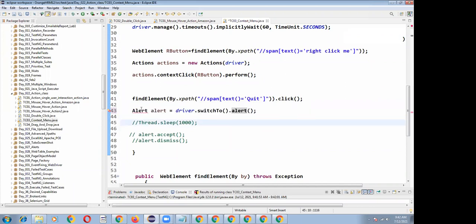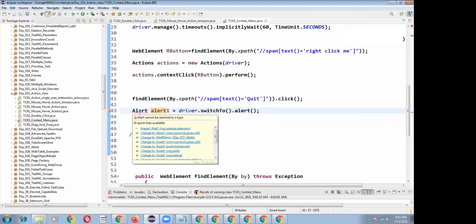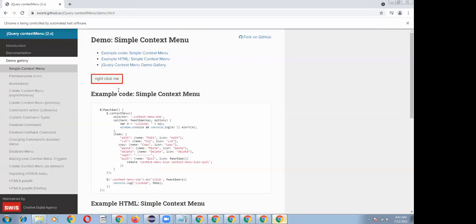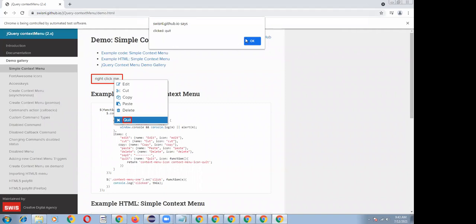Alert is equal to, so I'm creating an object as alert. You can create alert1 or whatever name you like. I have created it as alert1. It's asking for the supporting class, so just keep the mouse over it and click on org.openqa.selenium. The supporting library has been imported, and once the driver has jumped onto the alert box, I want to click on